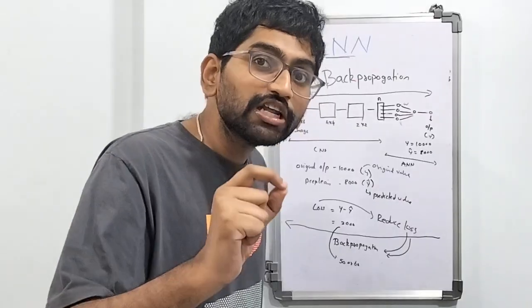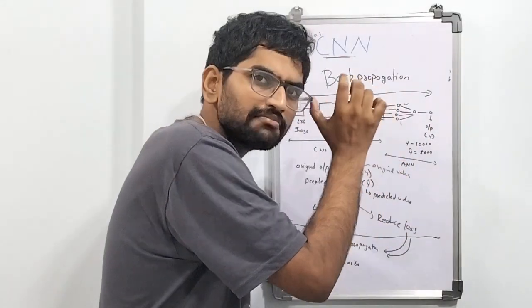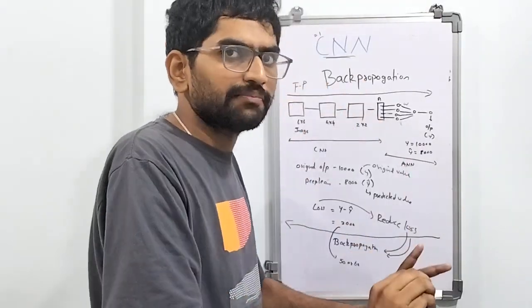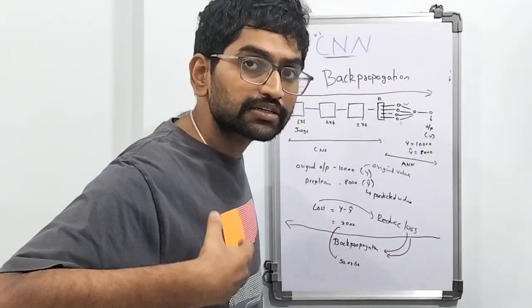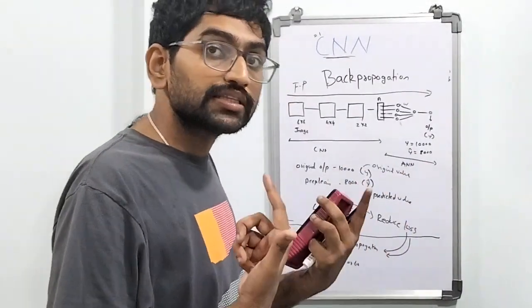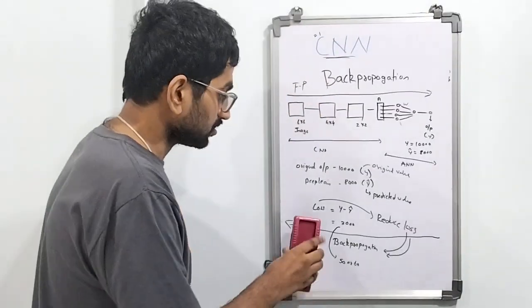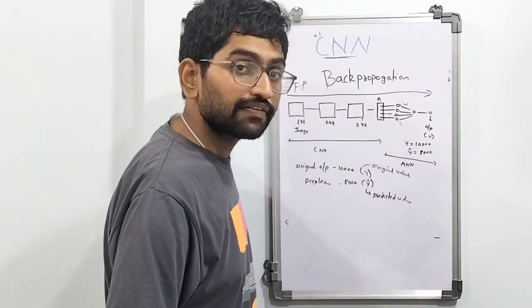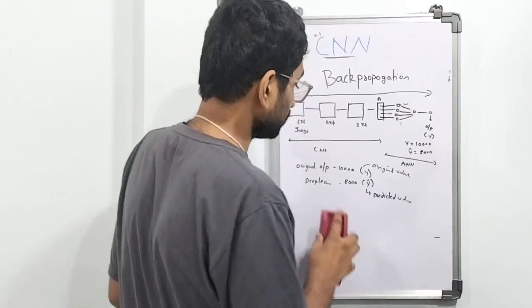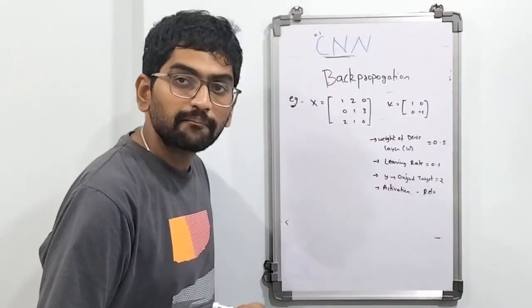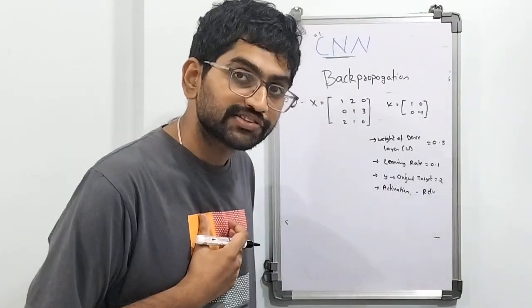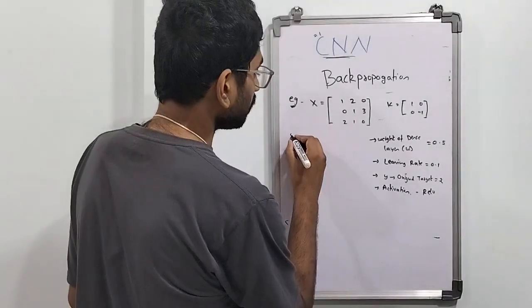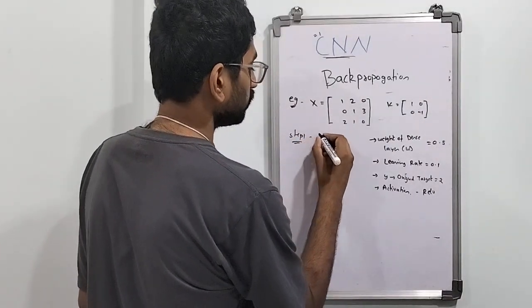See, whatever you do in the ANN part, the same thing you have to do for the CNN part. There is no difference, the process will be the same. So I will do it for the ANN part, where I will teach you how you can update the weights using the learning rate. So let's start. I will take one example and tell you how you can do backpropagation. I took this particular example to teach you how to do backpropagation. The first step is to solve this particular question. First, you have to calculate